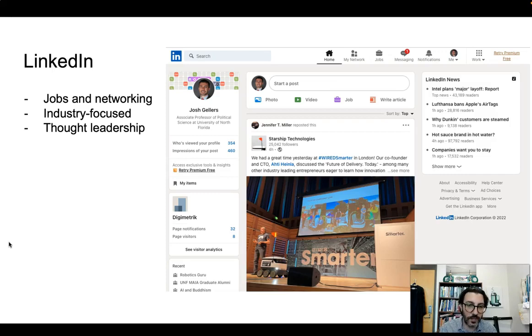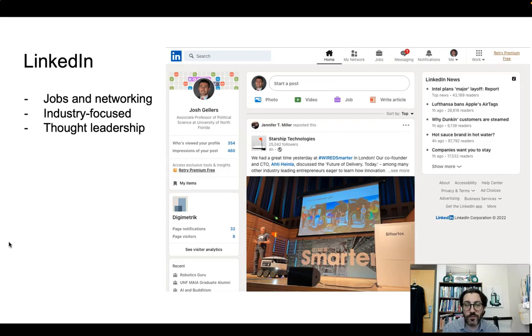Another thing that is very useful here is that you'll find a lot of people, whether they are Fortune 500 company CEOs, journalists, activists, or so on, will put a lot of their thought leadership into LinkedIn. So people who have something to say about the way the economy is being run, or current events in public affairs, might go to LinkedIn to share that with an audience that tends to be a bit more professional, probably a little bit older. It's also a place where people go to look for jobs. You may wind up being contacted by recruiters who are scouring LinkedIn for people.